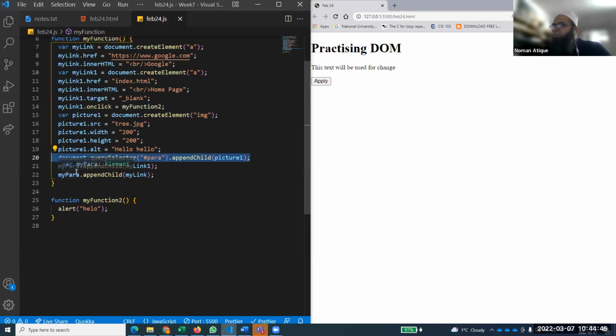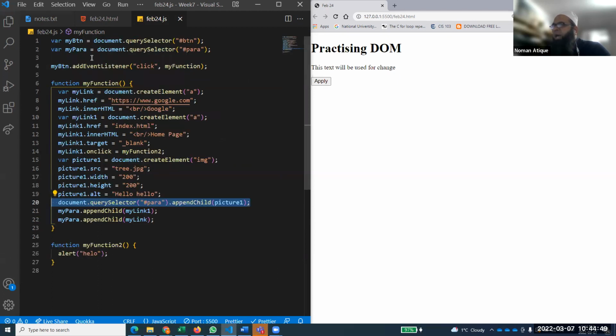And not only that, I want to attach myLink with para.appendChild. So my para is this paragraph that was there. So para.appendChild, myLink1. I have connected both of them. And this myFunction2 is basically a function that I have just created over here. So now if I show you,